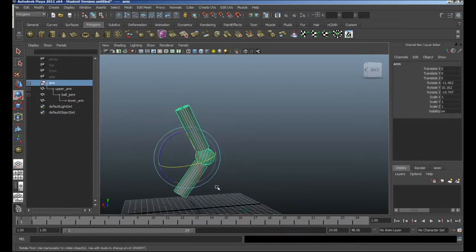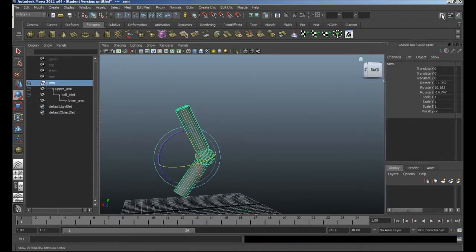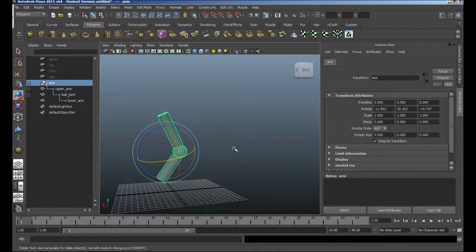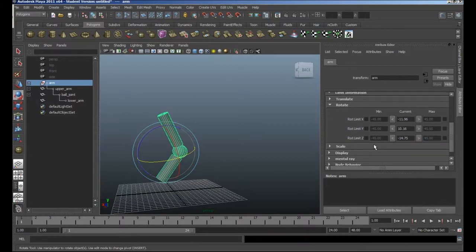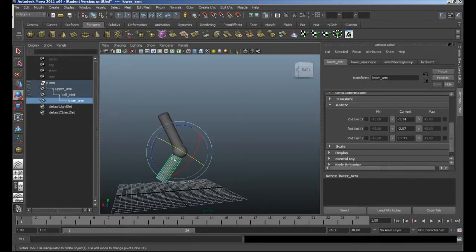I suppose there's just one last thing that we could have a quick look at, and that is we can set up limit information for joints as well. So this is actually really useful. In particular for the rotation, so let's go to this lower arm here, and the rotation for this, the limit information rotation, so this is inside the attribute editor. I can set the upper and lower limit, so if I rotate it round to here, you can see changing all those, and I can set that as